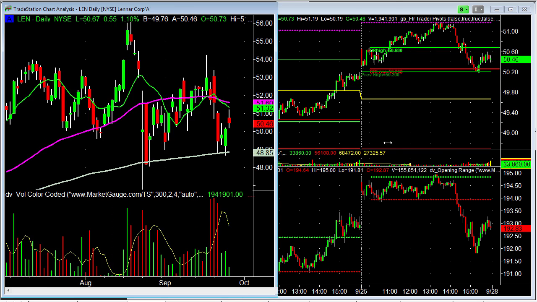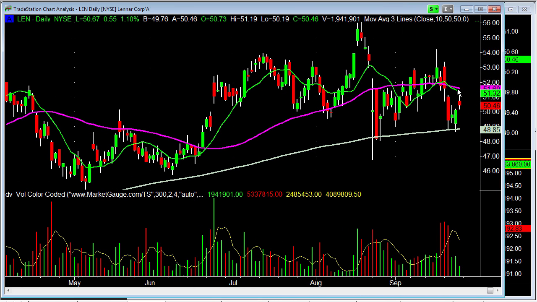And I'm now in at a great level, with the objective being that it's going to go back up to new highs. Now, I don't think it's going to go back up to new highs unless the market holds up, but if the market holds up, I'm willing to hold it to see if it makes it back up to that level because I've gotten such a great entry. All right, so this puts together a couple of really simple things. The market phases, you can learn about that in Mish's webinar, and the opening range, which I've also talked about here, and